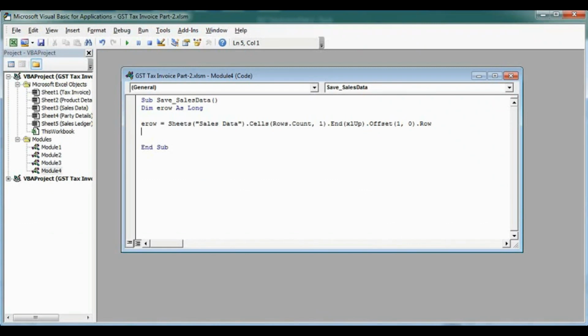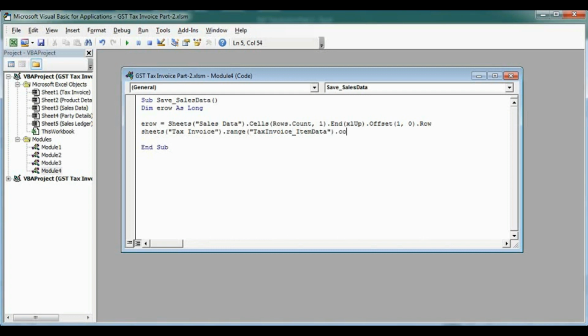Here we will type Sheets, bracket open, the name of the sheet, tax invoice, in double quotation, bracket close, dot Range, bracket open. Our range is tax invoice item data. This is our range to copy.